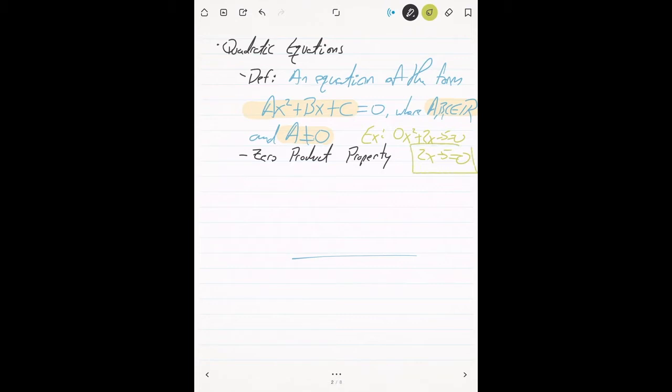This is what's called a linear equation. So a quadratic equation is one that must be of degree 2. This was something we studied back when we looked at different types of functions and reviewed their graphs. So remember, a quadratic equation is a degree 2 polynomial, and we remember that its graph is that of a